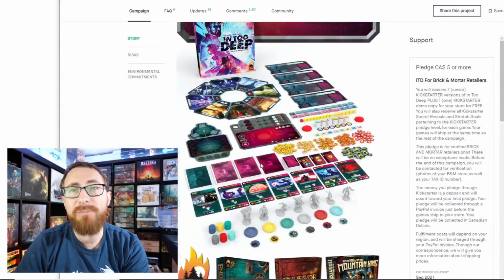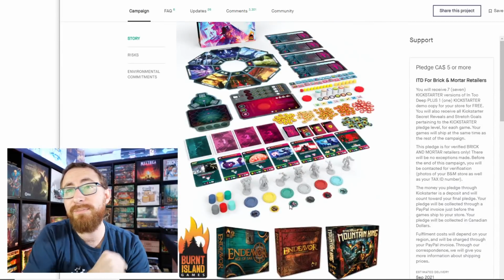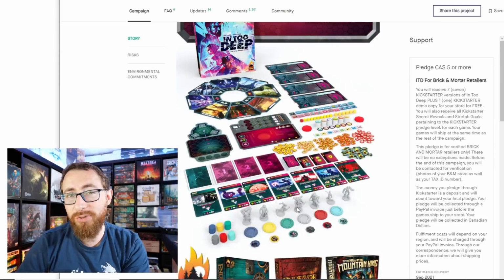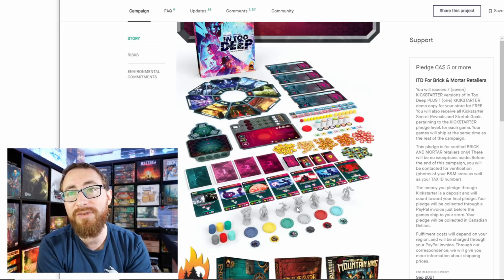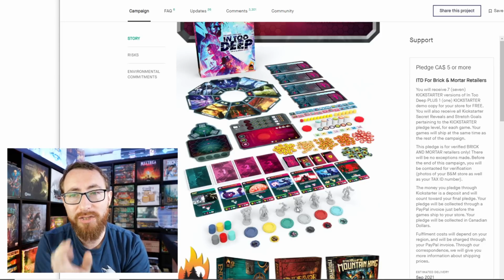We have Into Deep by Burnt Island Games. This is from the same people who brought you, where we already covered Fool of the Mountain King at the beginning of this video. Into Deep brings you deduction-based gameplay, very unique in the feeling of the game that it gives you. It's a solid game, a little fiddly in some aspects of it, but overall, the deduction involved in this game was incredibly solid. The aspect of the puzzles you're trying to accomplish in this game,